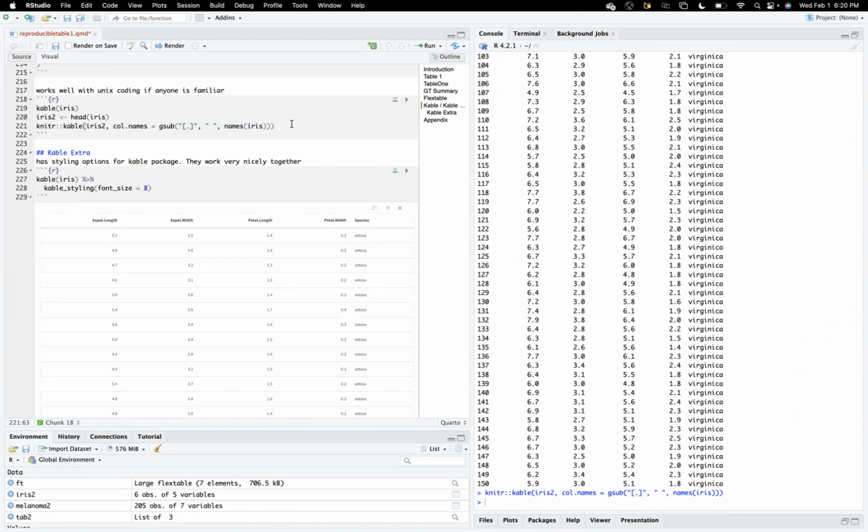Not necessary by any means, but kable has an additional sister package. You can think of it as kableExtra, which has a bunch of styling options for the package. So if you're thinking about making something ready for manuscripts or trying to make it more legible, or maybe you want to highlight a certain row,